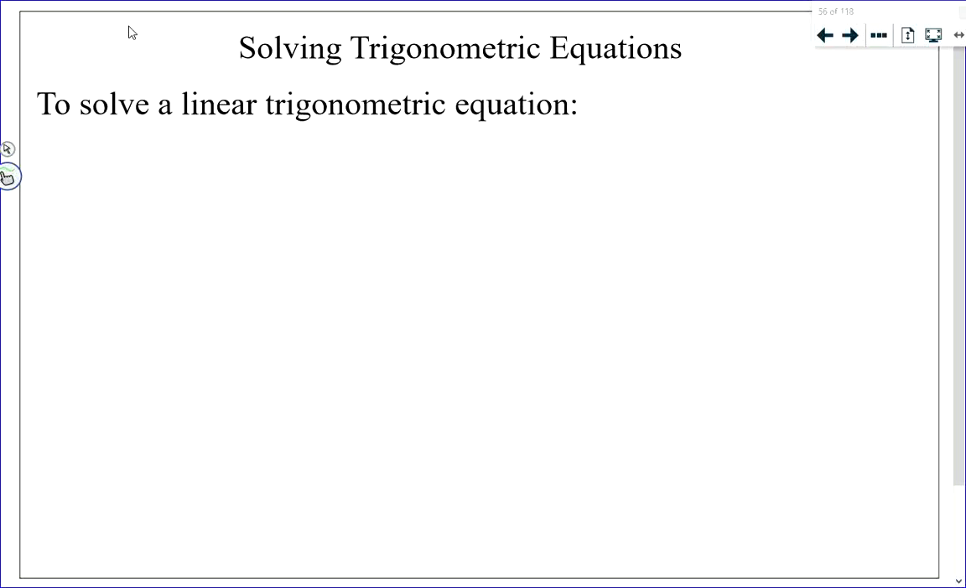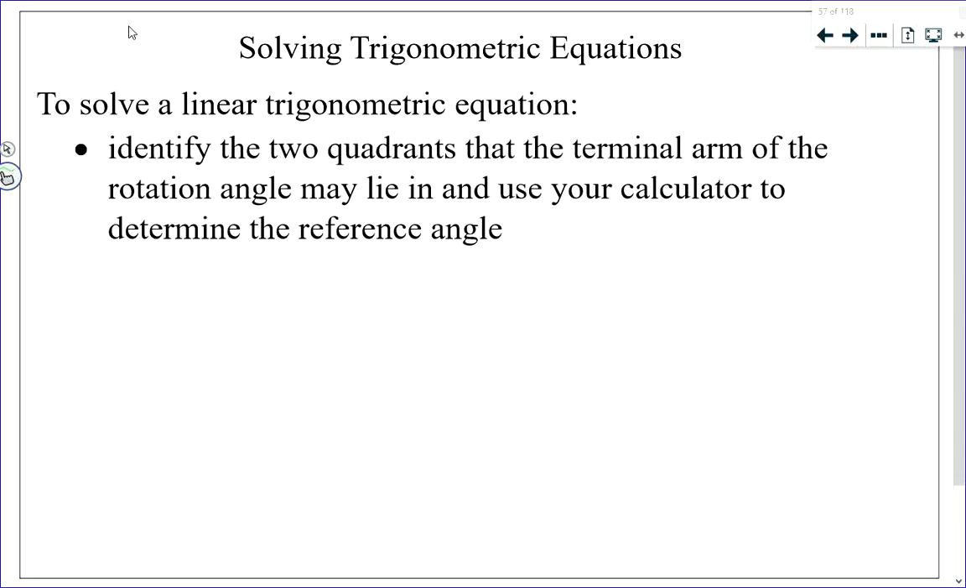So there's a second method that I think is better, but some students struggle with it. So this is a method that everybody should be familiar with. And by the way, this method is a method you do need to know how to use, because the second method that we'll get to doesn't always work. What you do is you identify the two quadrants that the terminal arm may lie in and find the reference